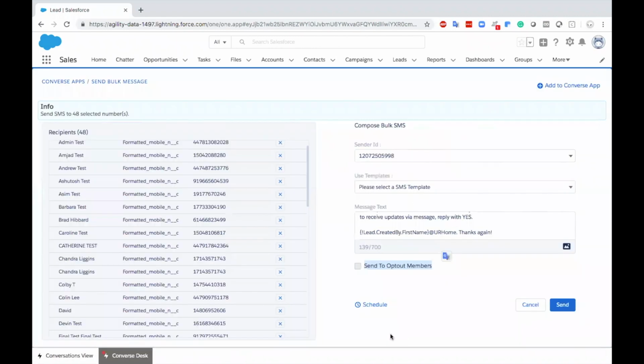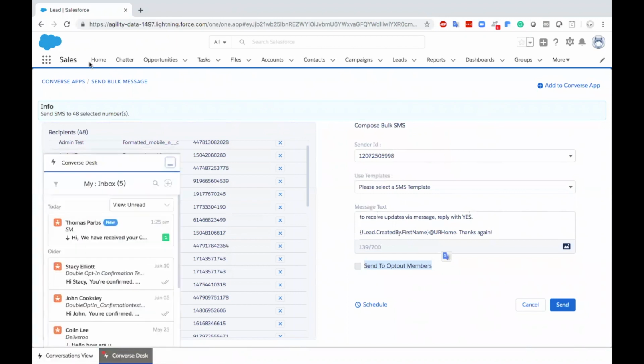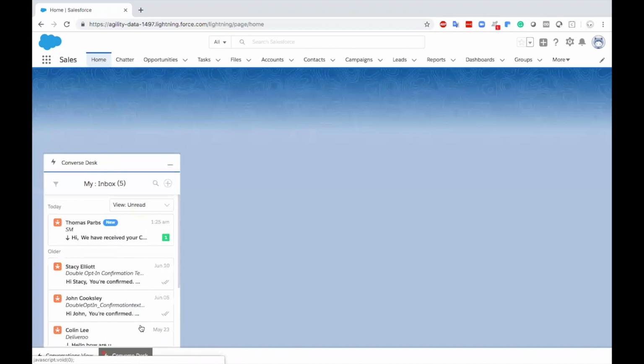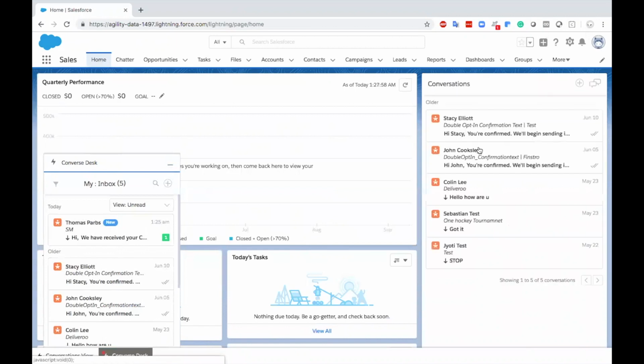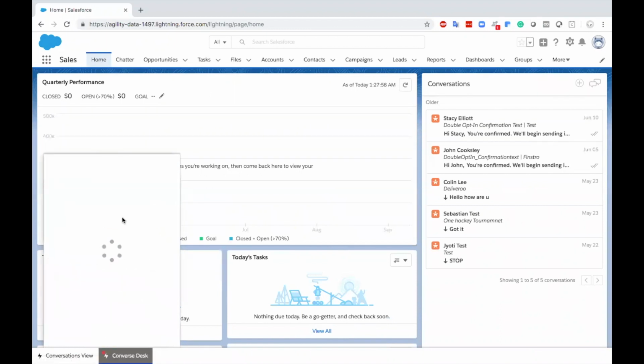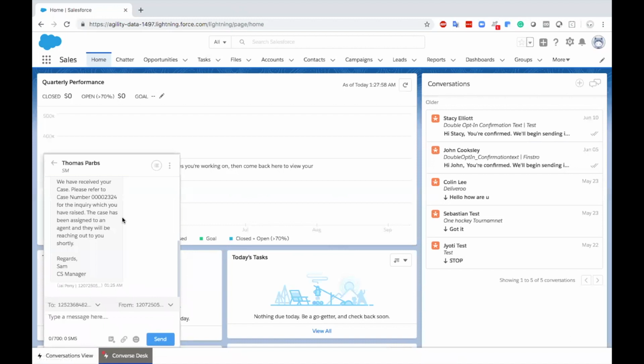Apart from that, we also have an embedded desk, which is omnipresent across the entire Salesforce instance. This will prompt me about any new incoming SMS, wherein I can get a blink notification. I can also enable pop-up alerts for myself whenever there is a new incoming SMS, so that irrespective of wherever I am in my Salesforce instance, I'll be prompted about this new incoming SMS. Now, the benefit of this particular embedded desk is that I can go to that particular conversation right in here, and I have the ability to instantly respond back to this text message from here itself.